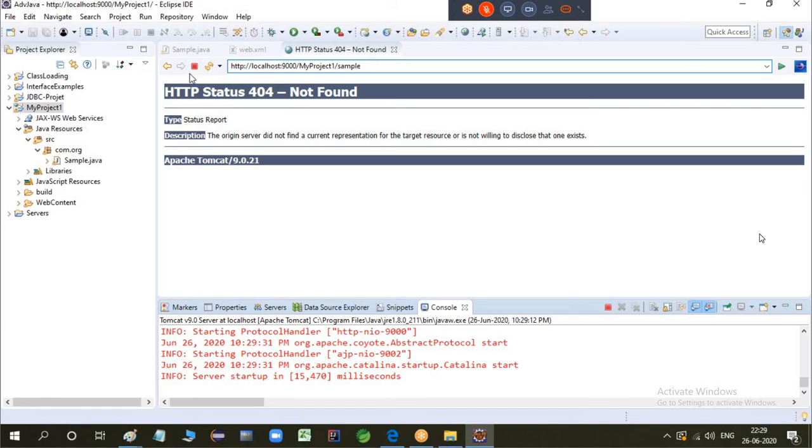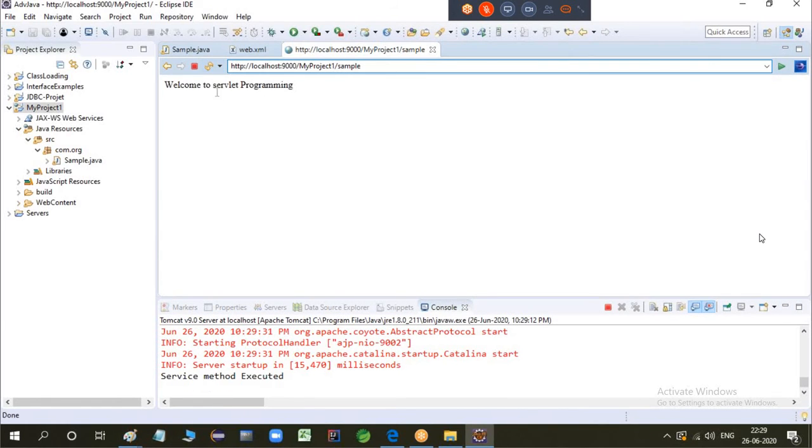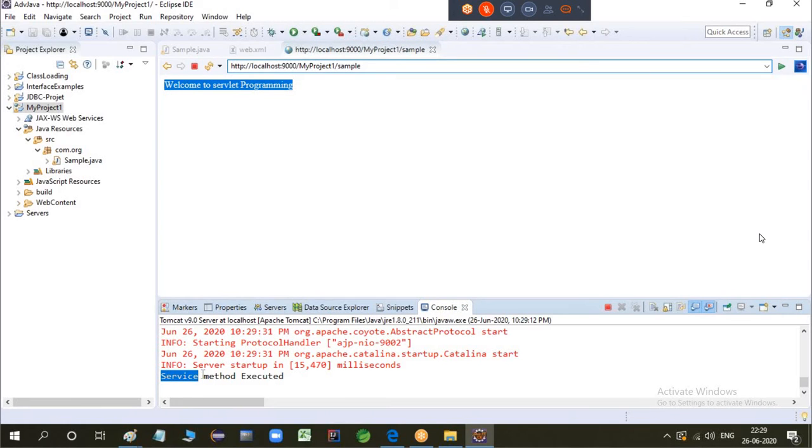Restarted server. Let me refresh this one. Welcome to servlet programming. Because we did not give the fully qualified name earlier, it was not able to search the classes. And on the server, you can see the System.out.println messages get executed.